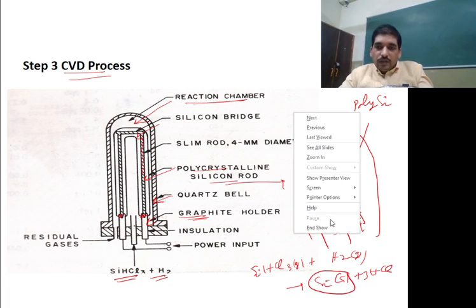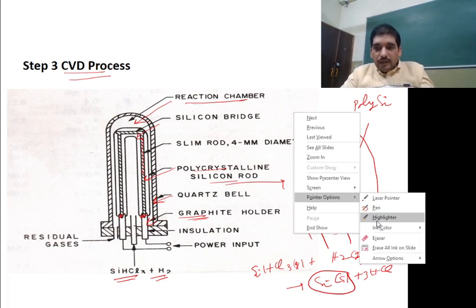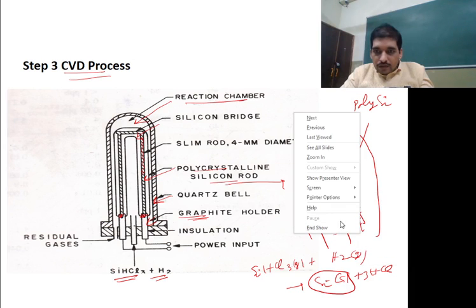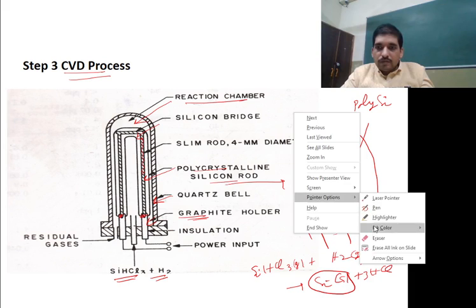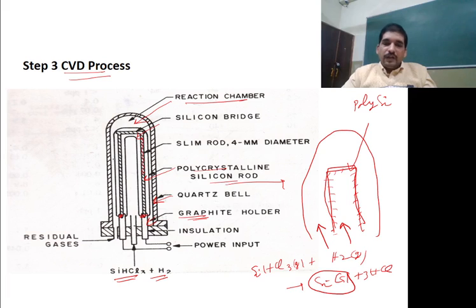When this silicon in solid form will form by this reaction taking place, what will happen? I was just changing the color of the pen. When these gases come inside, the silicon material will be formed in solid form by combining these two gases, and that solid will be deposited